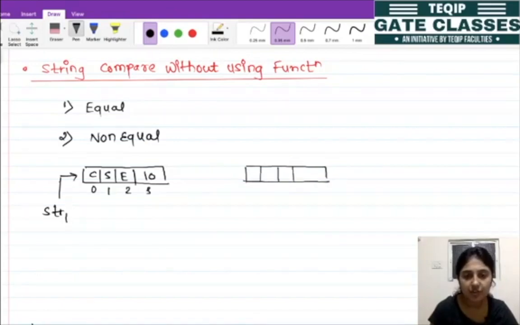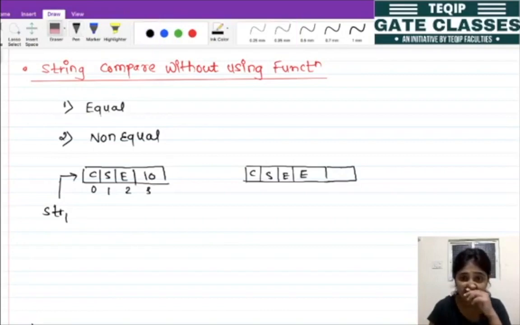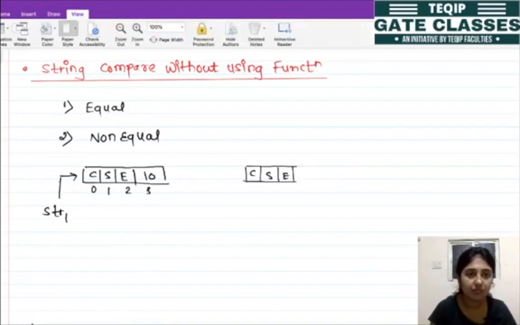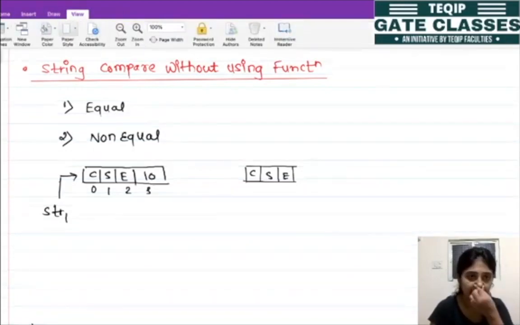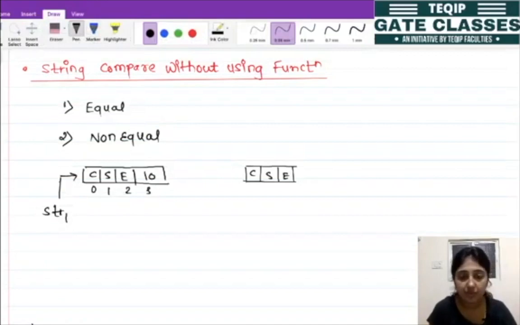So this is CSE and let's say this is E. Okay, so this is our second string. This str2 is pointing to, let's say, this string. So this is our 0 1 2 3.